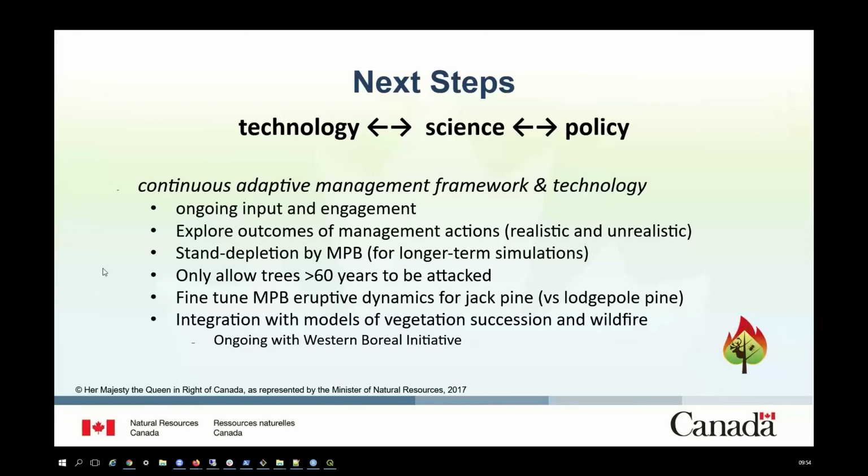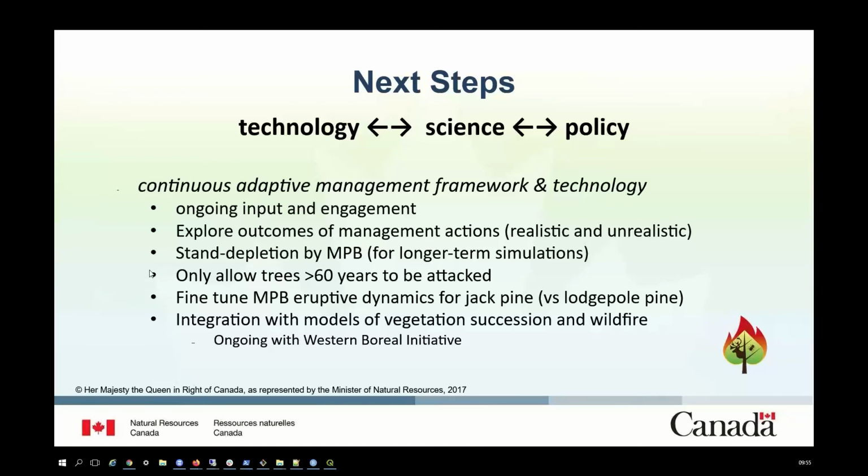There are a few tweaks that we might want to make to the model, especially if we're going to be forecasting further into the future. Because, as I mentioned earlier on, we were only simulating these shorter intervals up to 10 years, we made the simplifying assumption that we don't need to worry about stand depletion and regeneration. So obviously, if we're going to be going beyond that time scale, we want to start to include some of those other dynamics. We also made some other simplifying assumptions, like